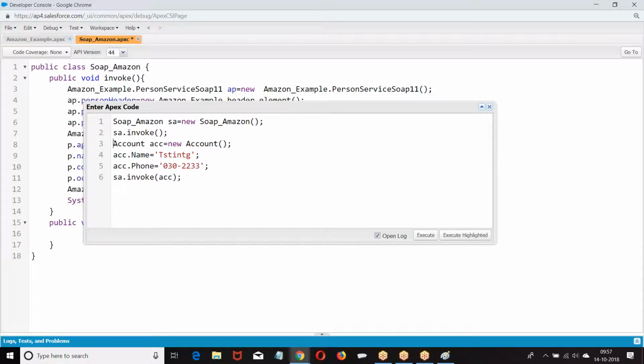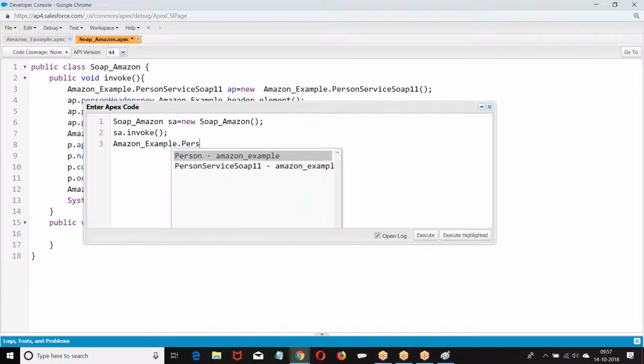The same thing I am doing here also. They are expecting Amazon.Person. I cannot call add person like this, because it is empty. What I was supposed to do?